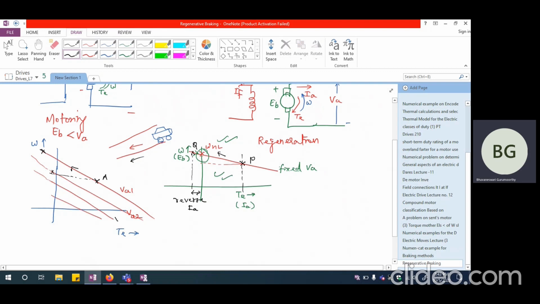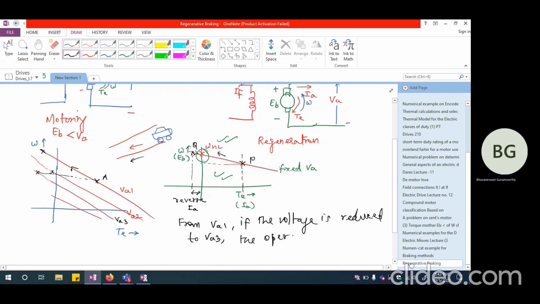Or if I even bring it down further to VA3, it would have definitely reached the second quadrant. So from VA1, if the voltage is reduced, how we reduce is a matter of detail, but reduced to VA3, the operating point shifts